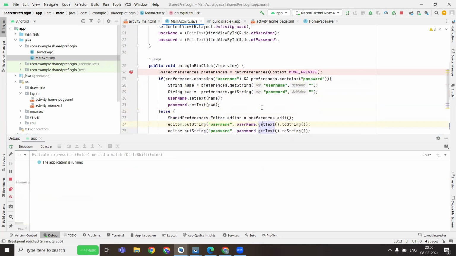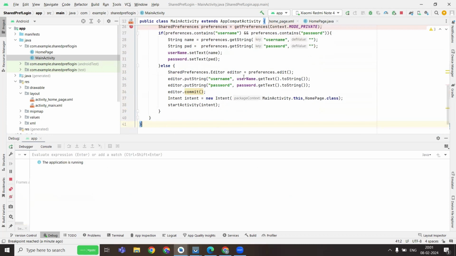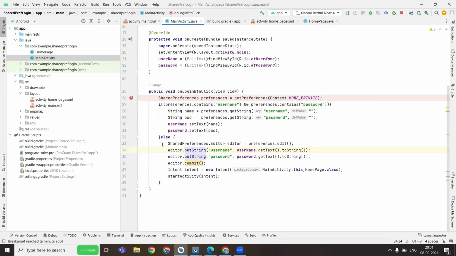Then if I click on raw editor, preferences.edit, editor.commit. So let me try this out. So what will happen here? Okay, every time it is login button also. Next time also it will enter here, and because of that, save is not happening. So perfect. So in order to solve this issue,